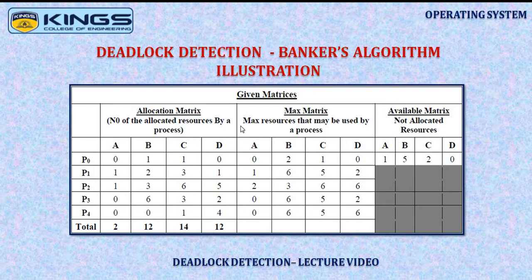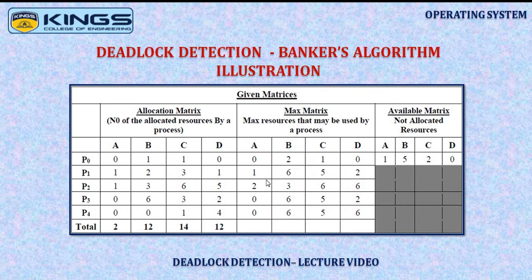task. So I repeat, max matrix is nothing but the maximum number of resources that are required by processes in order to complete their task. So when we examine the state of P0, it is in need of 2 instances of B resource and 1 instance of C resource. But it is not requiring any of A resource as well as D resource. But what is the actual allocation here? It has gained access to 1 instance of B and 1 instance of C. So we can see that the process P0, if it gains one more access of B resource, is going to complete its task.